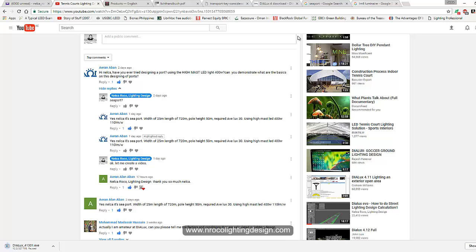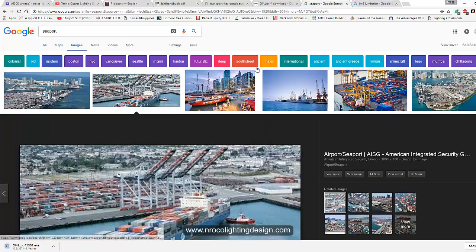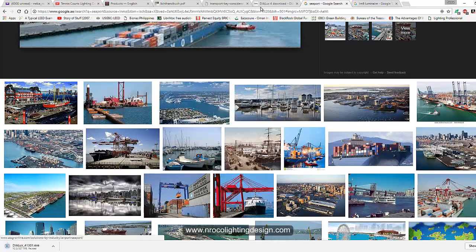And then what else do you need to consider? The spacing. You said that the pole height is 50 meters high. It's very good because the higher your mast, the bigger the area you will cover in the seaport. So I'm going to tell you that the usual arrangement for luminaires in a seaport is using masts.